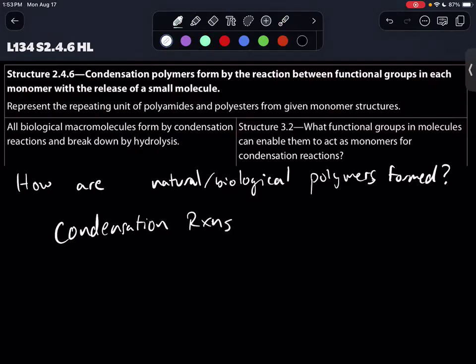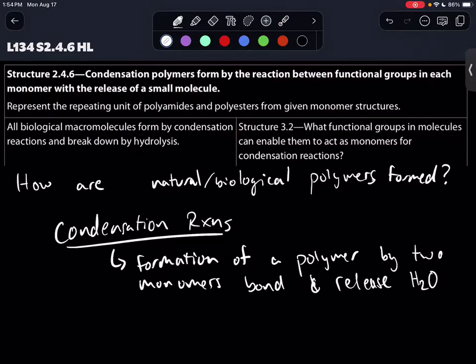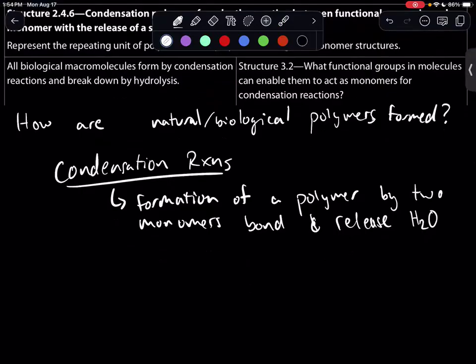I hinted this in the last video, but a condensation reaction is really just the formation of a polymer, and within that we have our two monomers bond and release water. So when we form a polymer by two monomers bonding and releasing water as a byproduct, that is a condensation